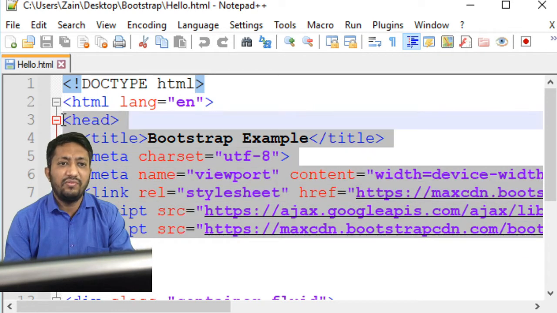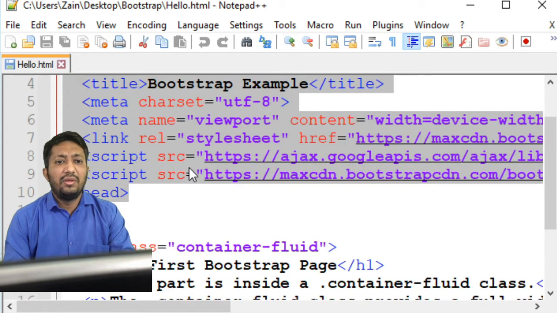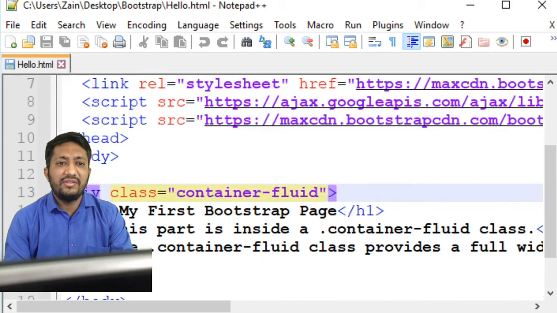Here in this portion we have already defined all the libraries we required using CDN. Now everything we write in Bootstrap is contained in one div tag. So for writing my hello world program, I am taking one div tag. In the div tag we are using different classes. I will explain later what container fluid is.